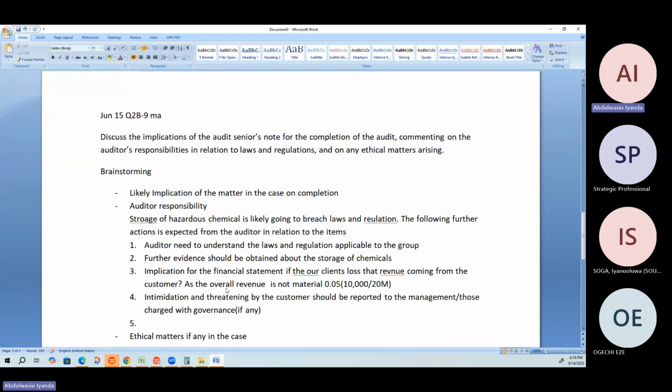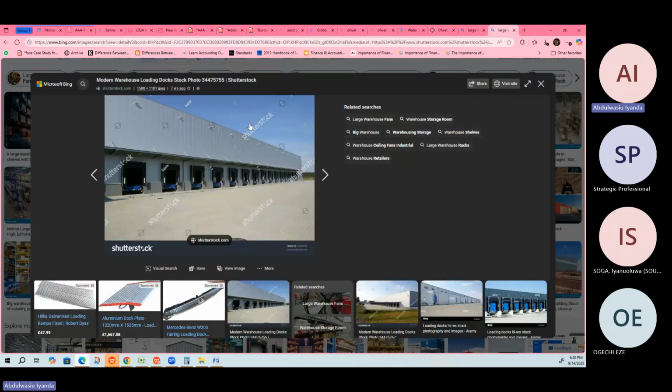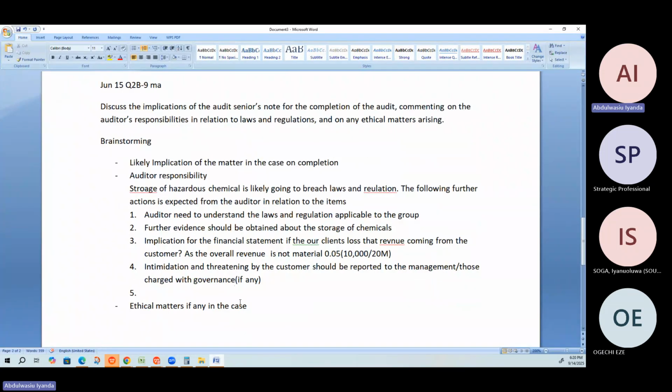And another thing that you also need to do: this company is also at fault. I don't know if you guys will agree with it. Yes, there's also a control issue as well, because it's like someone renting an apartment from you and you don't even know details about them, because of lack of documentation too. So this is also a control deficiency. This is another thing, and we need to report it.